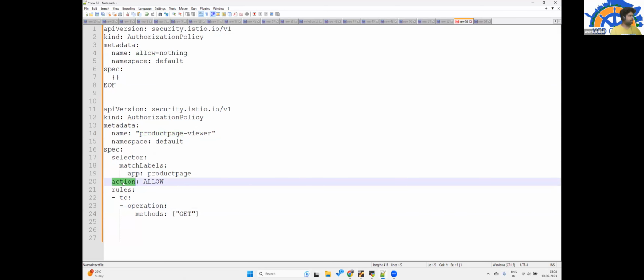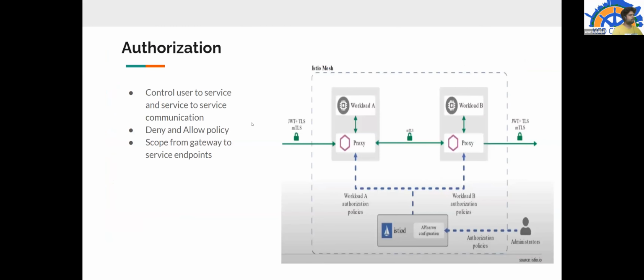One thing I missed: for authorization there are only two kinds of action, allow or deny. Either a particular rule is allowing or blocking, there is nothing beyond that. Earlier with the virtual service, if any of the rules was allowing, it would allow, but this is like a short circuit. If any of the rules do not allow the traffic to pass through, it will immediately fail and send an error response. So that is about authorization.